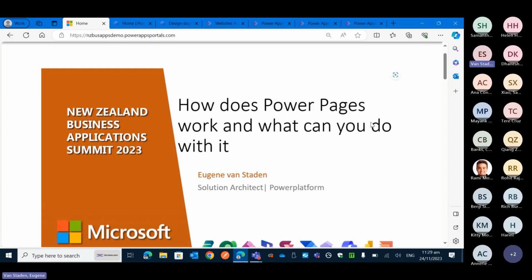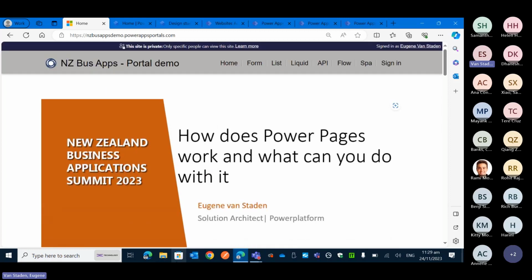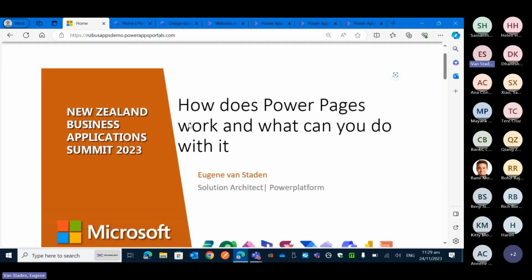So as I'm a solution architect and developer, I don't have the ability to build PowerPoint slides. So I just thought I'll build a portal. So here we go. So we're going to look at Power Pages,